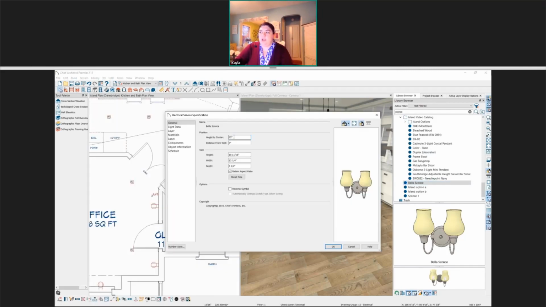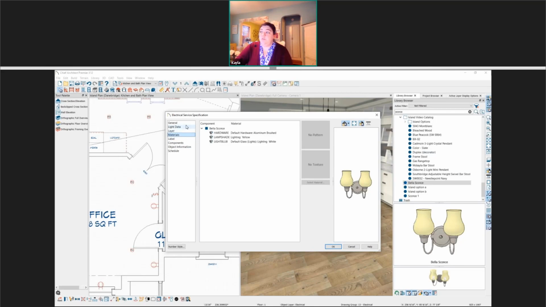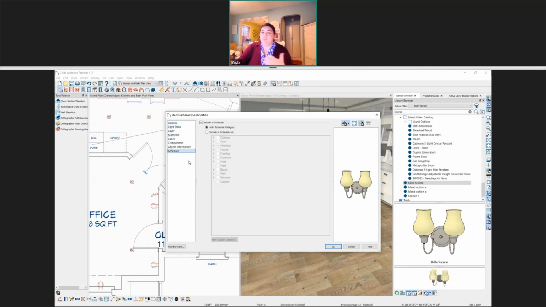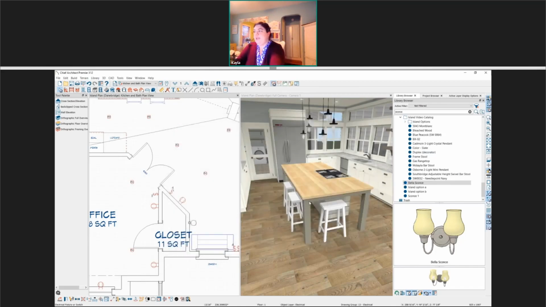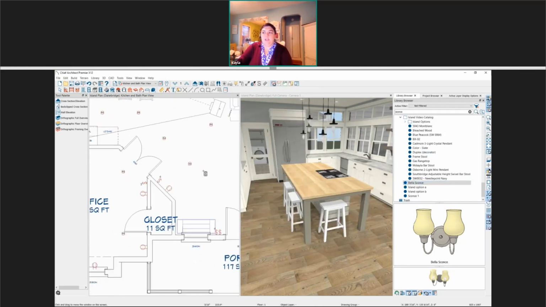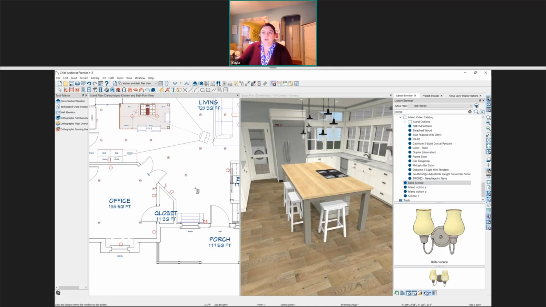So just double clicking on it, you can open up how high it is on the wall and then its size, width, and depth. You can change its materials. For a sconce, you can add light data, change how it shows up in the schedule. There's a lot of things you can change. If you want to change it before you place it, then you can copy it into the user catalog, right click and open it up and make changes here before you even place the item. But typically I would say you're probably going to place it before you make any changes. Does that help answer that question?